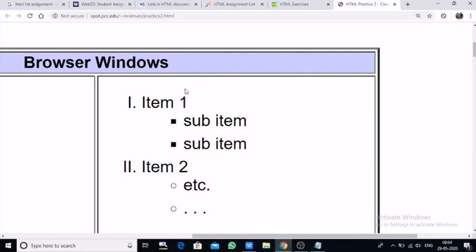This is also an example of a nested list in which an unordered list is within an ordered list. So this is the ordered list, and in this ordered list there are two unordered lists. One ordered list is there in which item 1 and item 2 are displayed, and within that ordered list there are two unordered lists. One is of type square and one is of type circle.